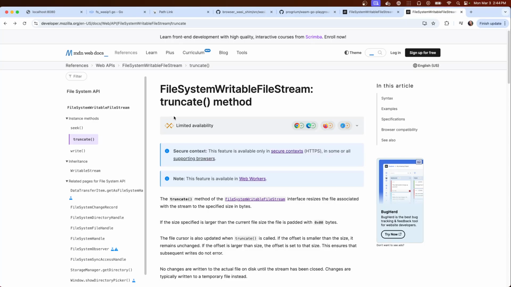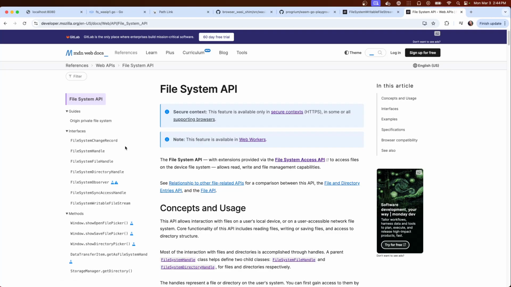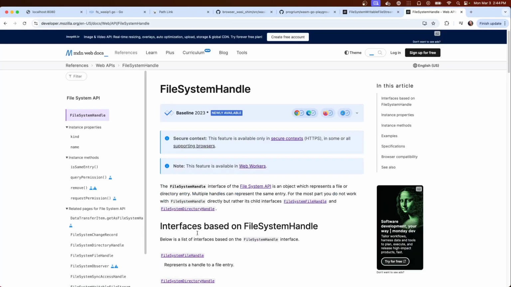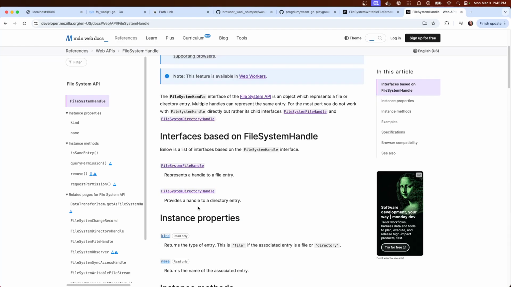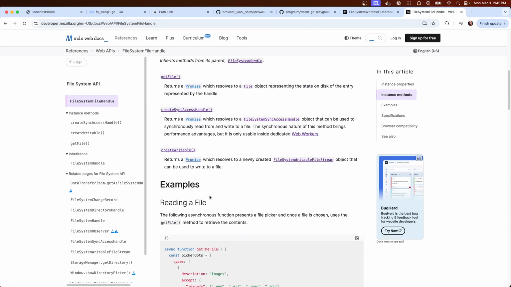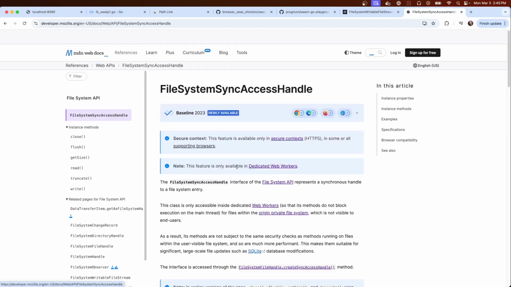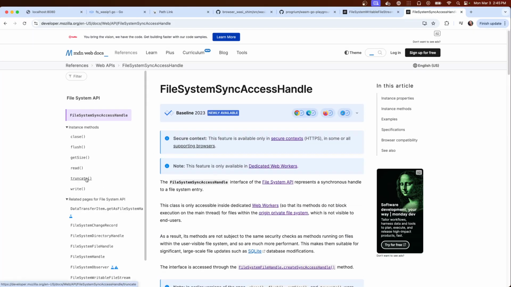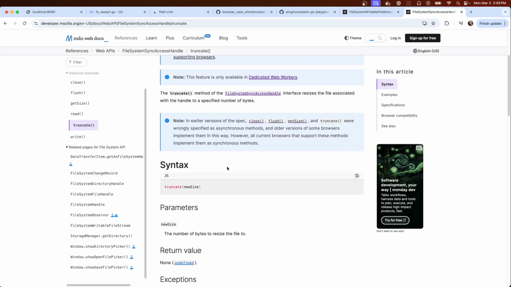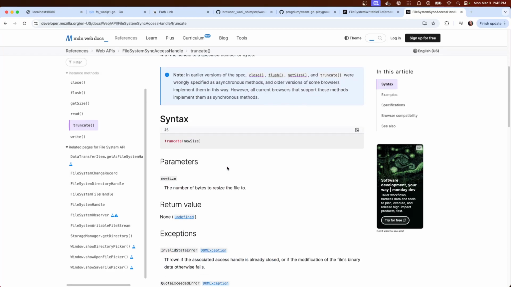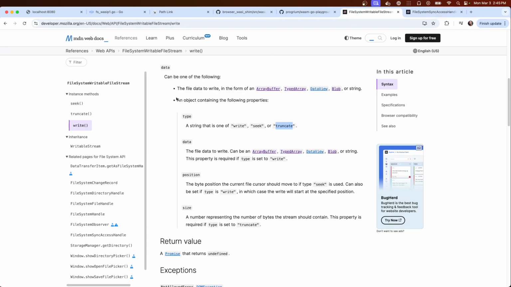Anyway, second API, that is sync handle, which has its own truncate. So if sync, use that truncate, otherwise, and I don't know why we can do seek and truncate through the write method as well.